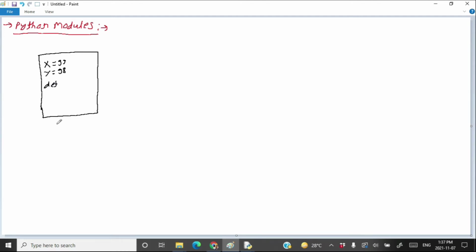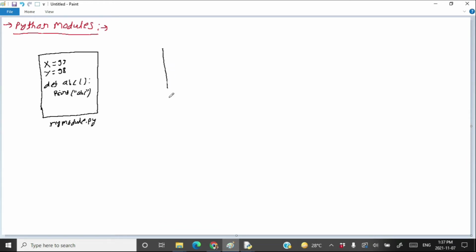So this is going to be your Python file, say mymodule.py, and this file is going to have various variables and various functions in it. Say the function name is abc, which prints abc. That means module is just a normal Python file which contains various variables and various functions inside it.